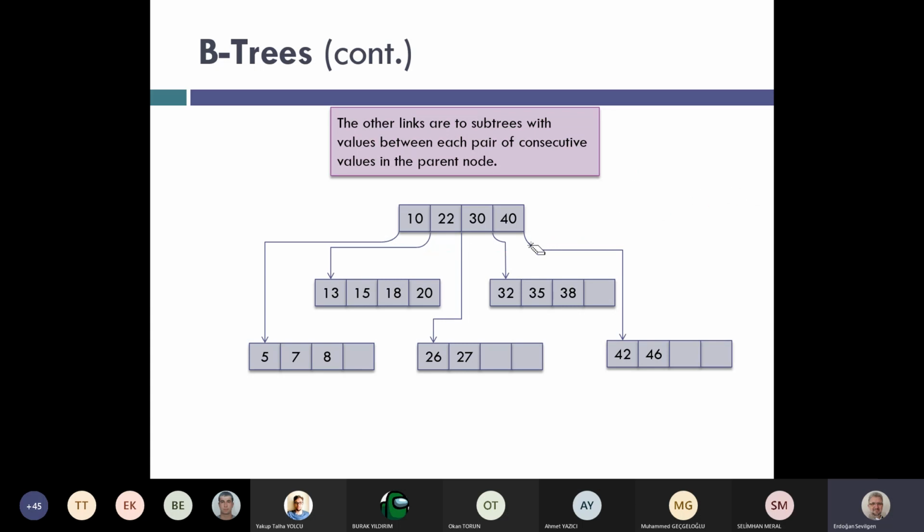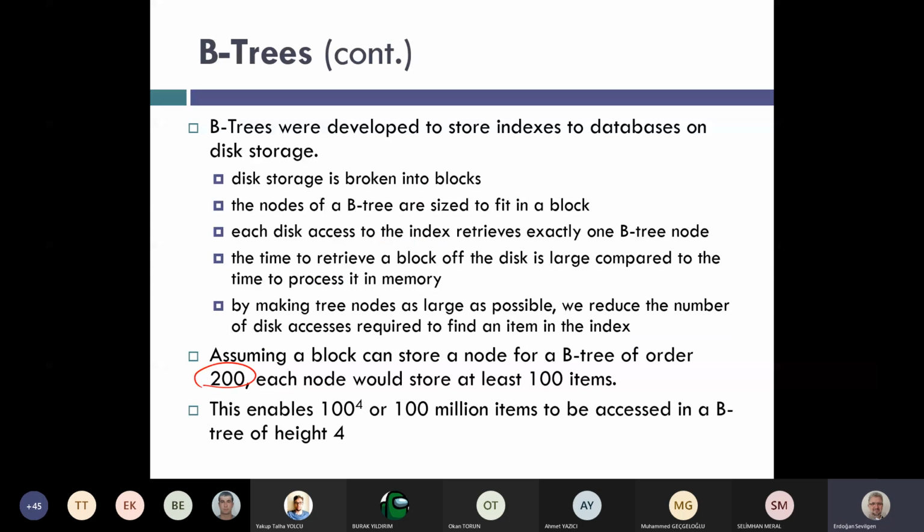If we have 100 children, the number of values is one less, which is quite similar to 100, and we can assume that the least number of elements in a node is 100 as well. In that case, if we have a database with 100 million items, that is 100 to the 4,